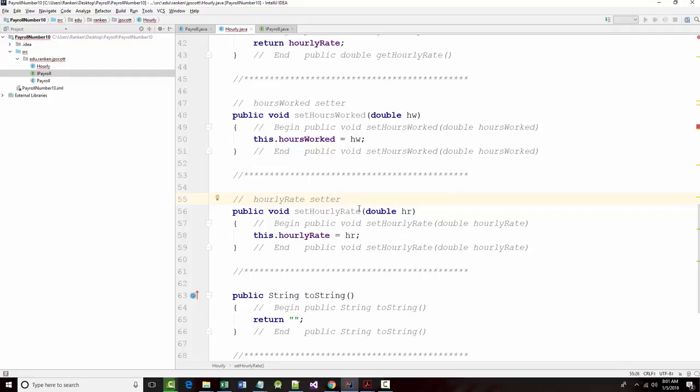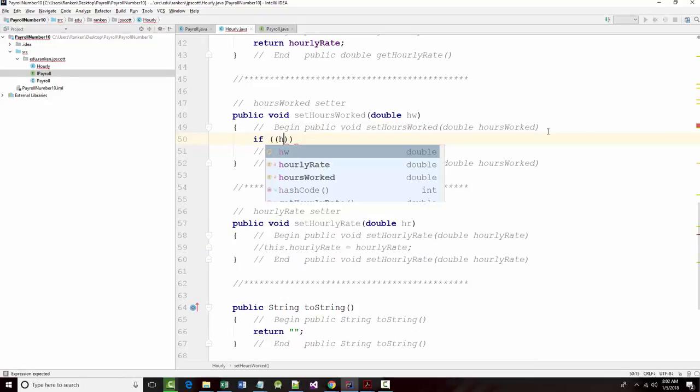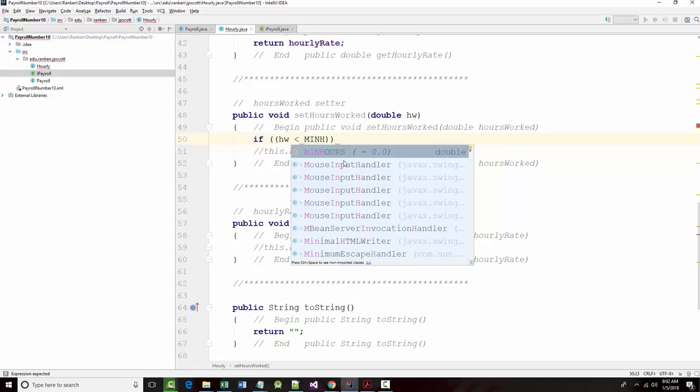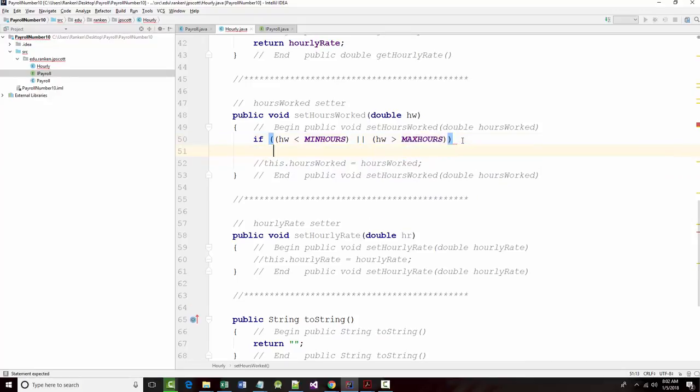But I'm going to make a bunch of changes here. So I'm going to change this. I'll leave this in here. In fact, I will comment that out because that's what the system gave us. And I'm going to override it with my own. So I'm going to say if the hours worked is less than min hours, and notice it recognizes min hours, which was defined in our interface file, or hours worked is greater than max hours. All right, so if either one of those are true,